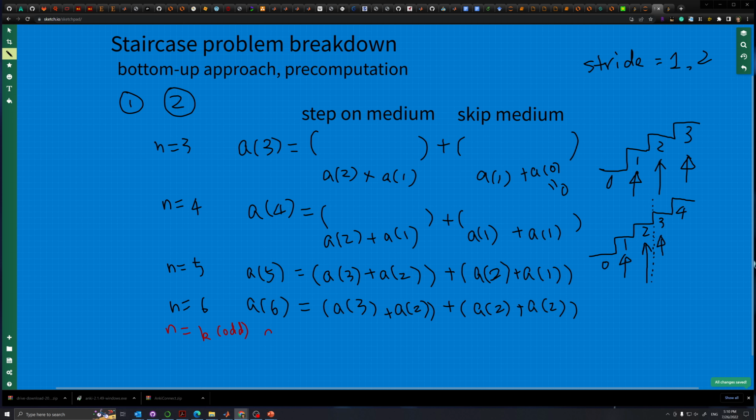So a_k equals, no, it's not minus, but a of (k plus 1) over 2, right? That's a relationship between 5 and 3 here, and 3 and 2 here. So that's like the medium, and then plus a of (k minus 1) over 2, right? And then plus